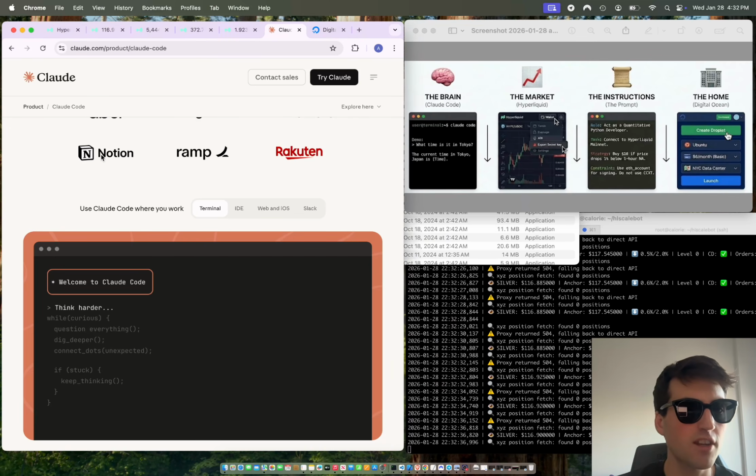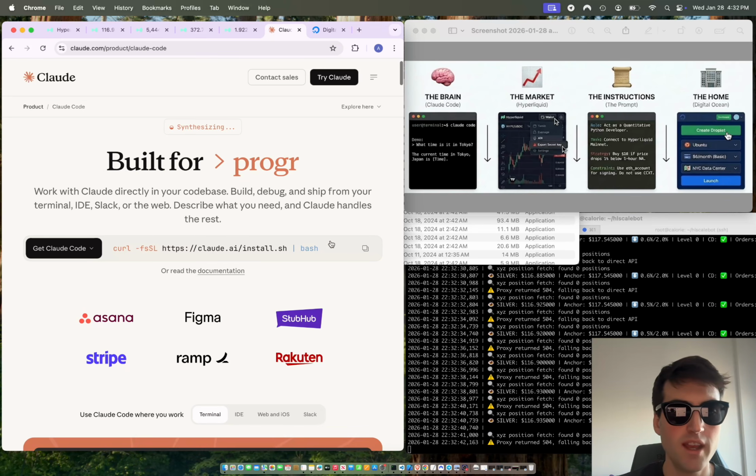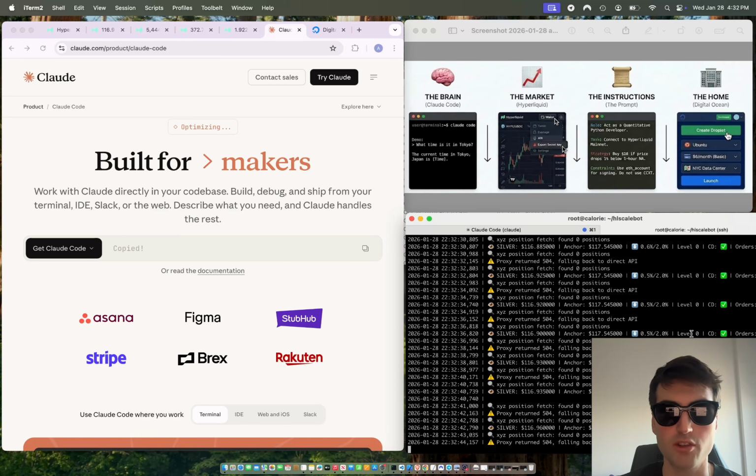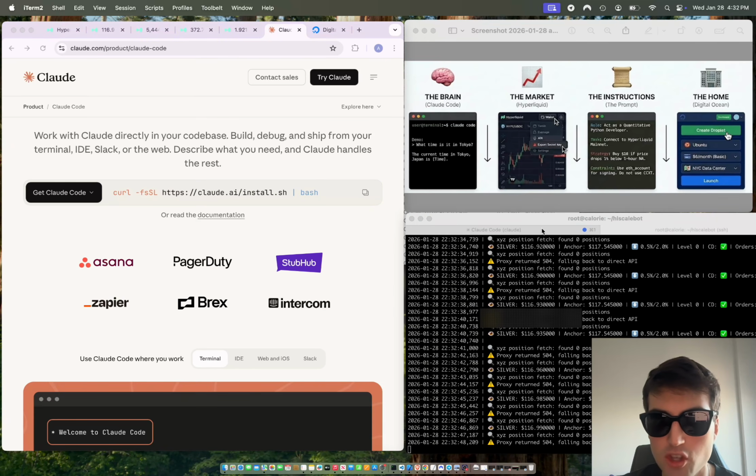And if you want to get started on it, it is a paid tool, but you just go to claude.com, it's from Anthropic, and you just copy paste this thing and you put it into your terminal, and then it will install it. And then I'll do a quick demo right now to show you kind of how it